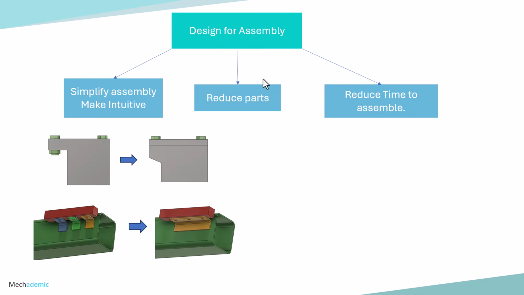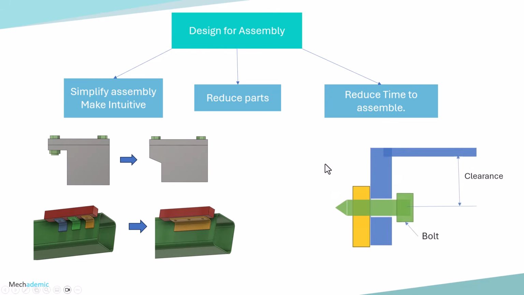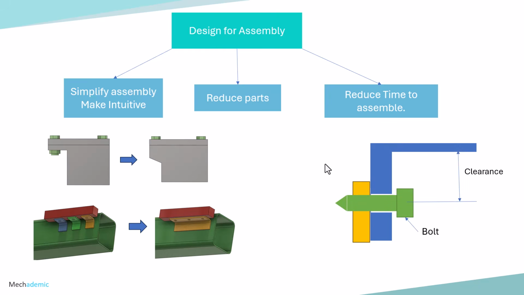If we are able to reduce the time for an assembly to take place, we are eventually reducing the cost. So let's say you have simplified the assembly, made it as intuitive as possible, and also reduced the number of parts, removing the redundant parts. The next step is to reduce the time to assemble. A very good example of this is the assembly of bolts